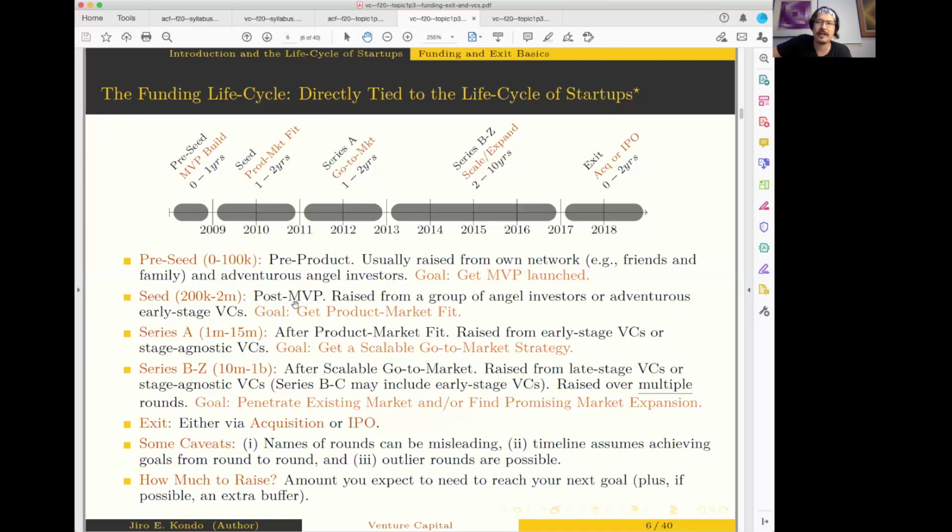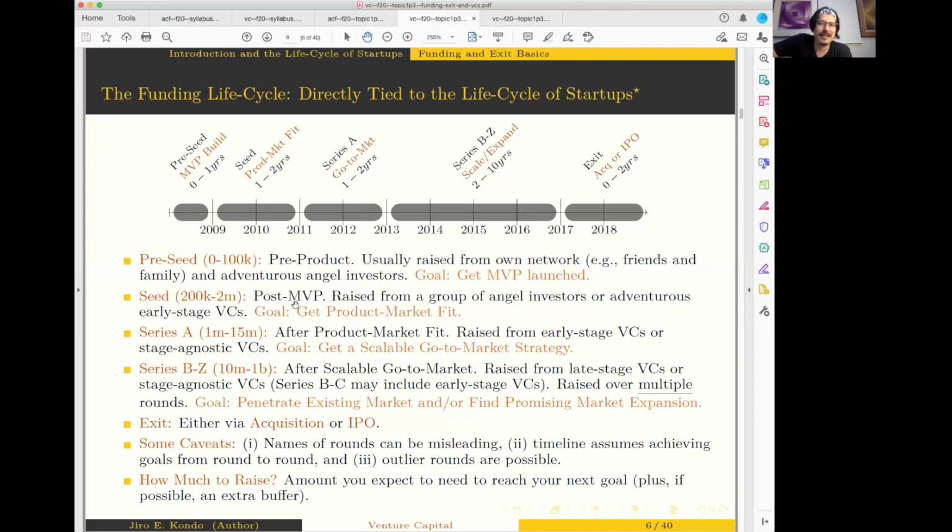You want to look at, for a given VC, which companies have they invested in? And you also want to pay close attention to when they invested in those companies, right? Did they invest in Airbnb in the early days or later on? Those are two completely different types of VCs, right? You don't want to approach someone who invested in Airbnb in the Series F round and ask them for a seed stage investment. Most likely they'll look at you and say, wow, you really have not done your research. You do not understand how this works.